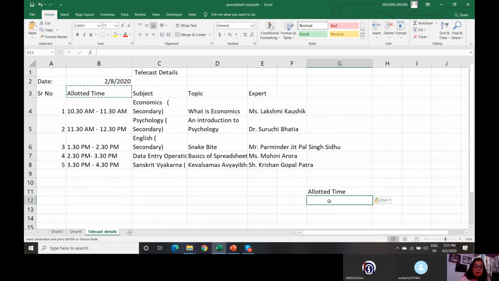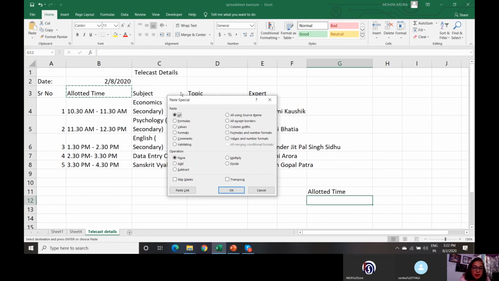In fact, I would like to brief my learners that with paste special, your Excel application does not give you the feature to only copy the contents. Your Excel application gives you the feature to copy whatever you want, and the paste special option here summarizes that.